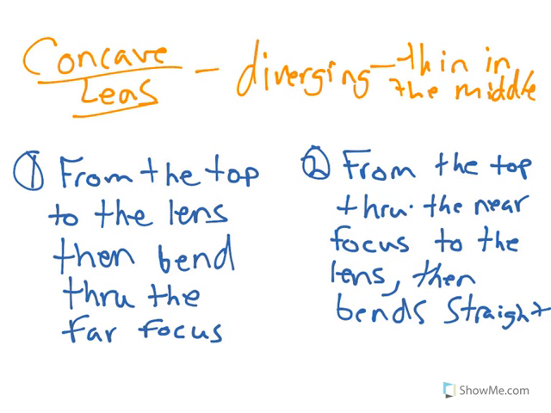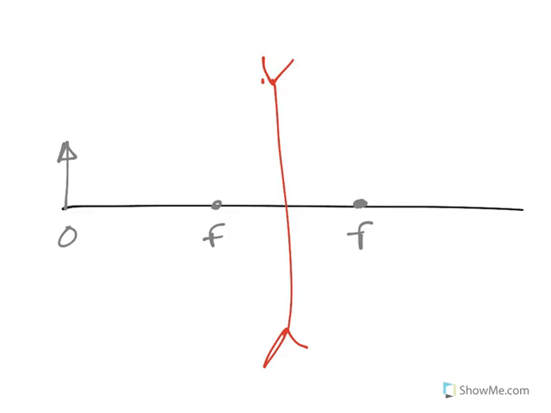Okay, the second type of lens is the concave lens. This is a diverging lens. It's thin in the middle. So what you have to do is you have to go from the top of the lens, from the top to the lens, then bend through the far focus. So on the first one, we're going to go from the top to the lens, and we're going to bend through the far focus. Now, whenever you bend through,